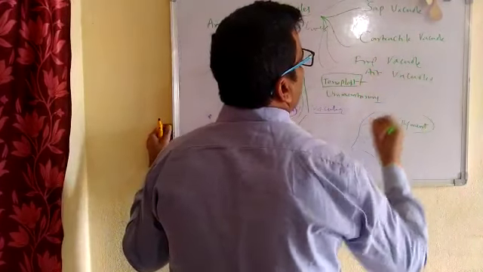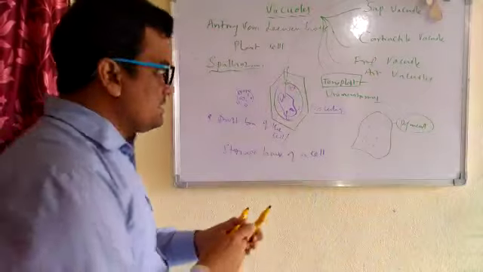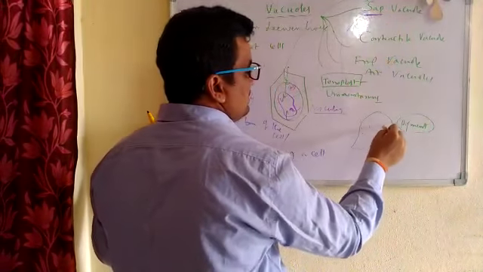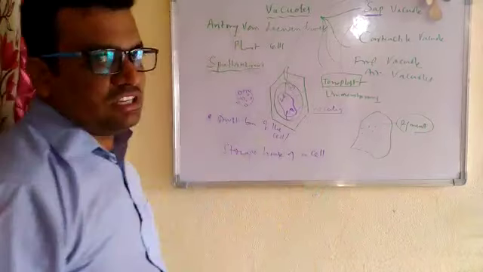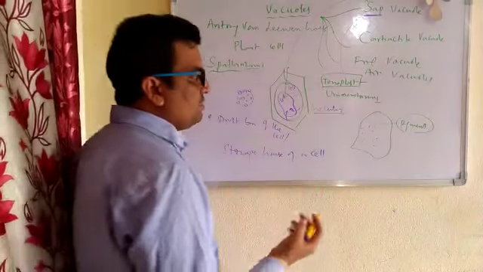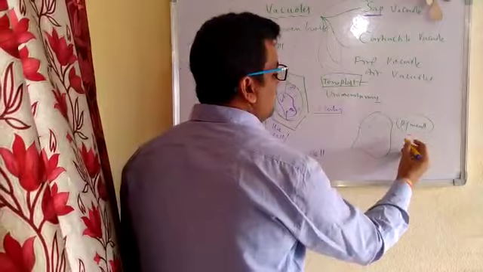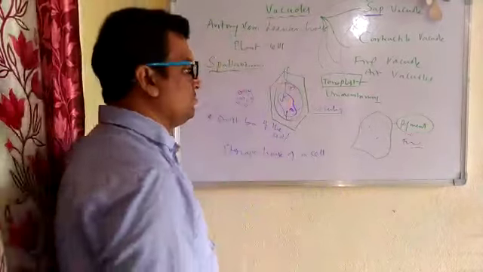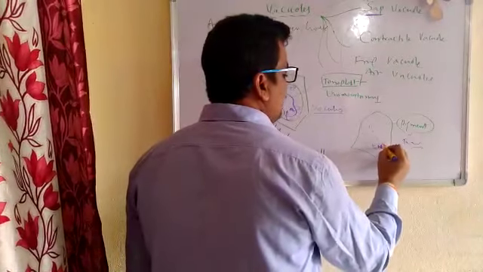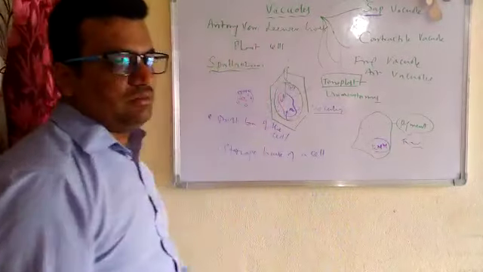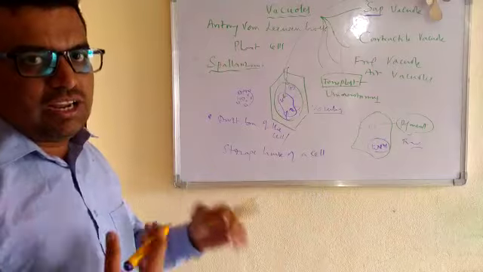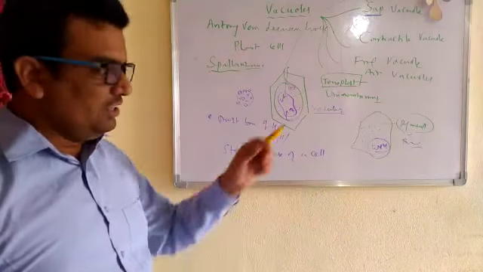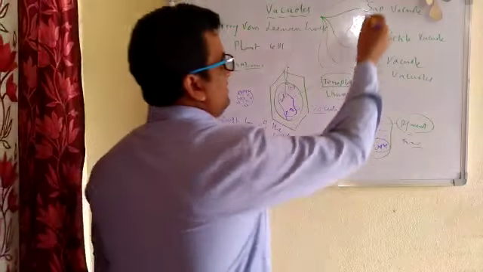As we know, sap means a substance present inside it, a jelly-like substance or semi-viscous fluid. That is a sap vacuole. Just as we discussed, pigments and different kinds of food materials are present in it, and waste also. Whatever the metabolic waste is, it is also present inside it. Excess or unutilized pigments, such as anthocyanins, are stored in the vacuole. These are called sap vacuoles.